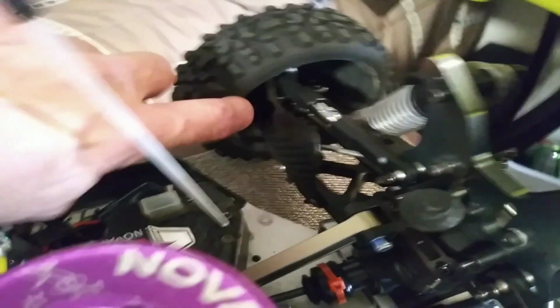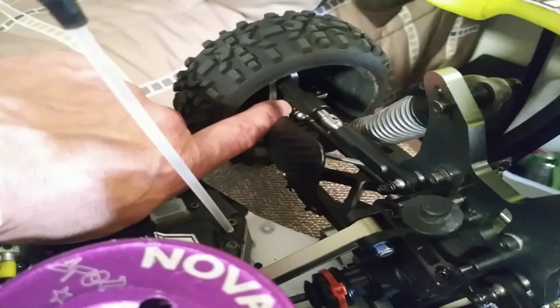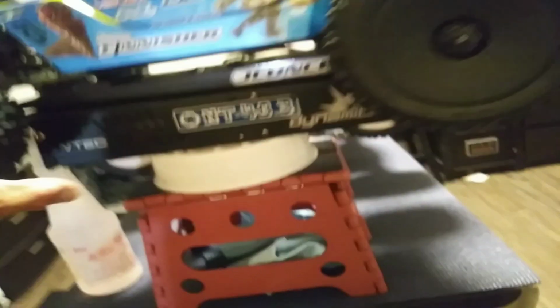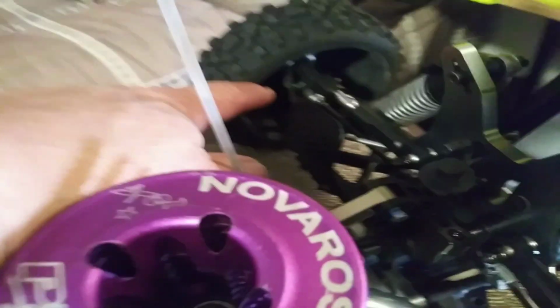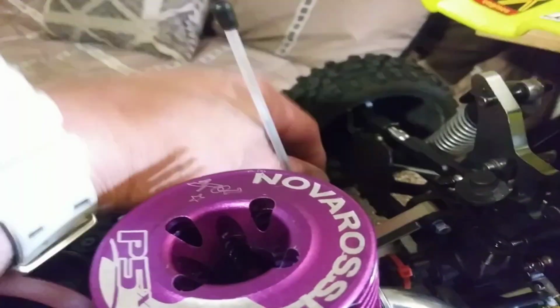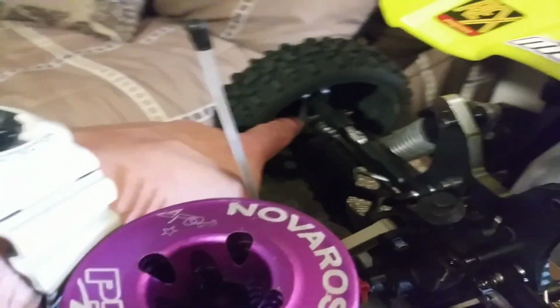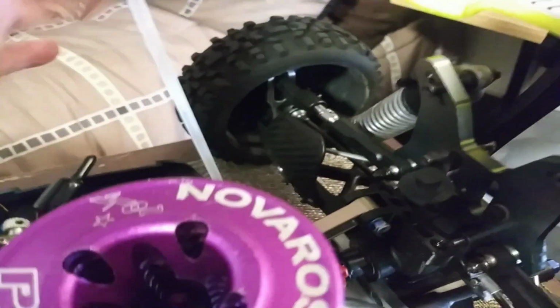Now, the thing I like about these Mugen 5s is they come with aluminum rear hub carriers. Not even the Chuggies do. The new Mugens, the only reason mine has them on here, like you can't see it, is because the guy raced it, so he obviously put them on. But they're way better than plastic. Because remember, if you're running plastic rear hubs, they don't have aluminum ones for the front, but those are eventually going to get worn out, and the bearings are going to get all sloppy. The aluminum, it's not wearing out. So anyway,